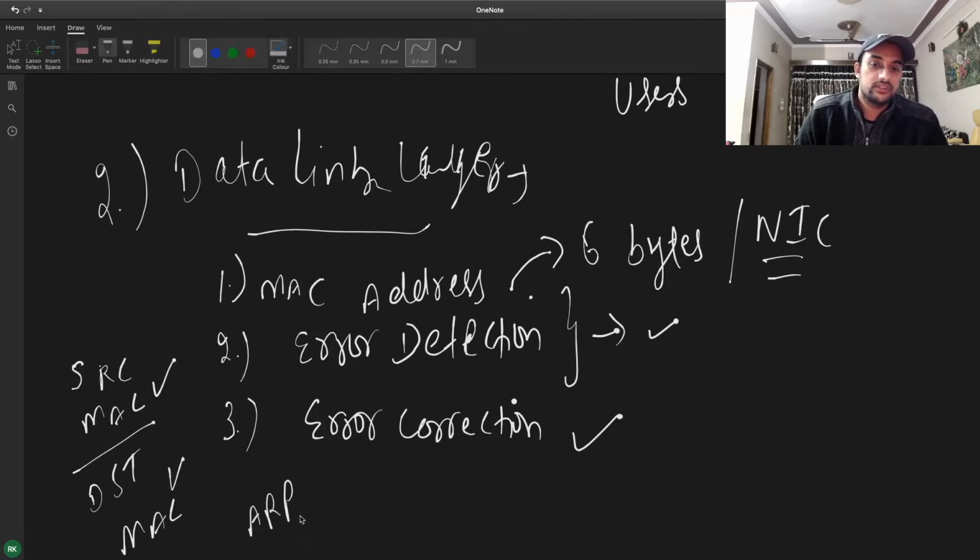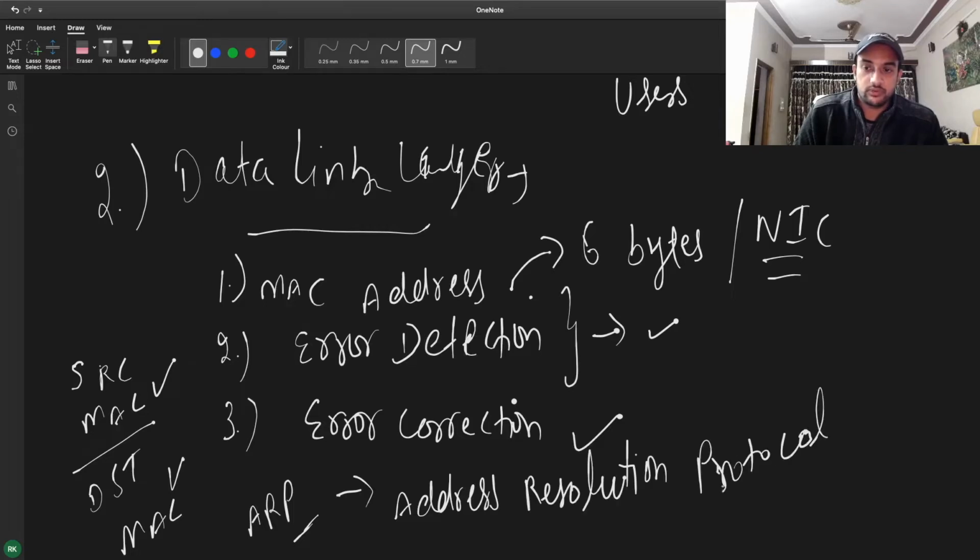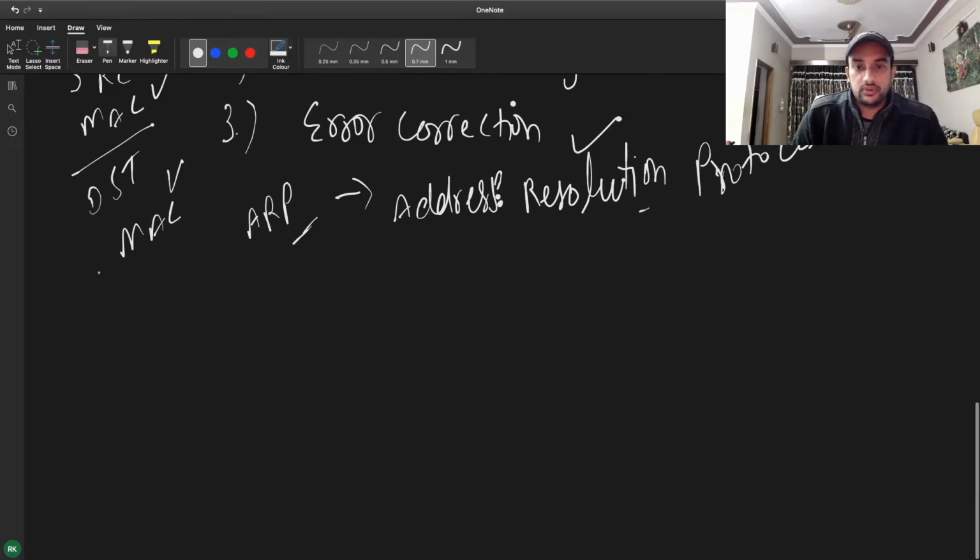We will discuss this in detail in later videos, but I'm just gonna brief it. ARP is basically about address resolution. This protocol is responsible for resolving the MAC address of the machine where we want to send the packet. We give the IP address to this protocol, and it will be broadcast throughout layer 2 because we don't have any MAC address at that time. So this is all about the data link layer.